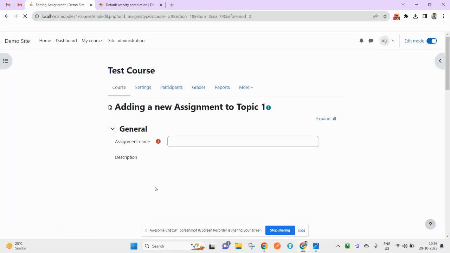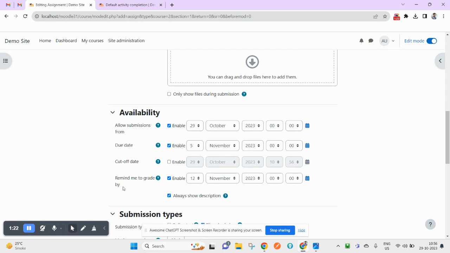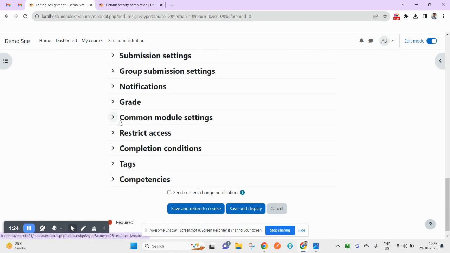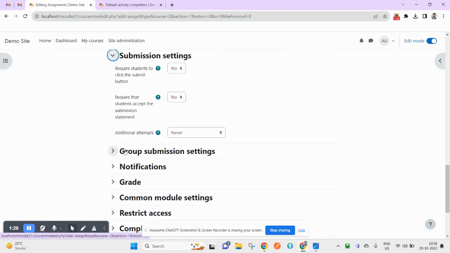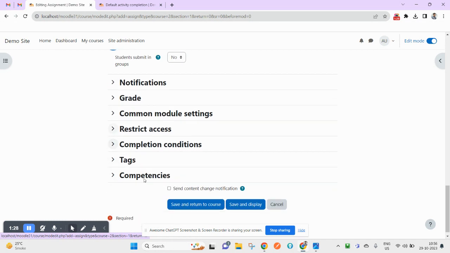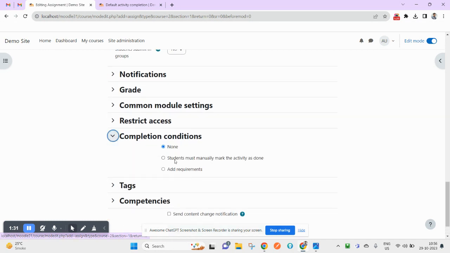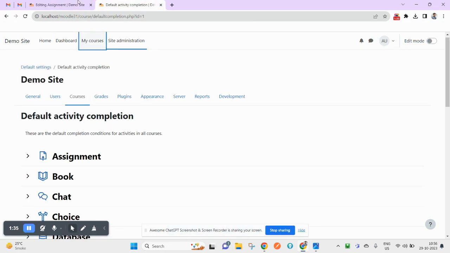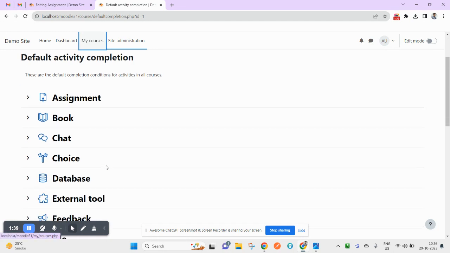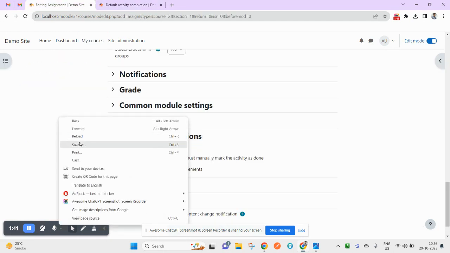Okay, and now I see here group submission, so the completion condition you see here, okay, this can be set, modified from here. Okay, so by default you will see none here,